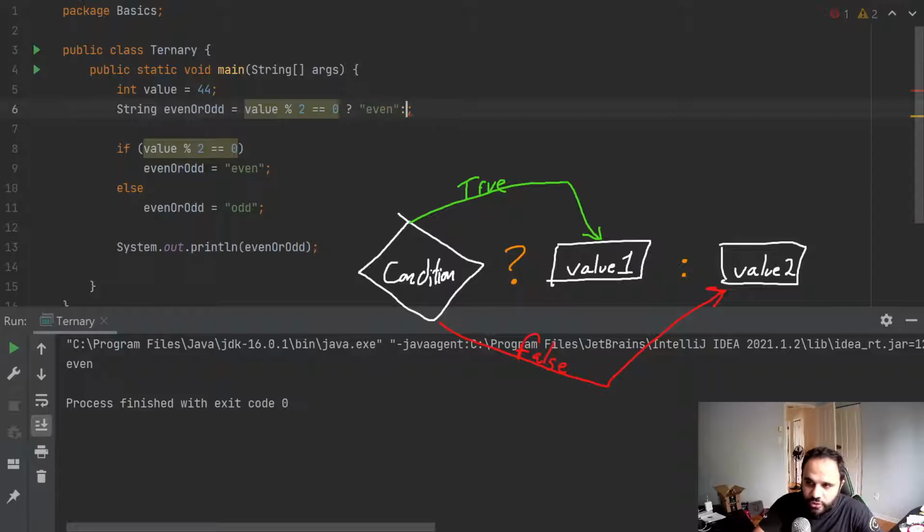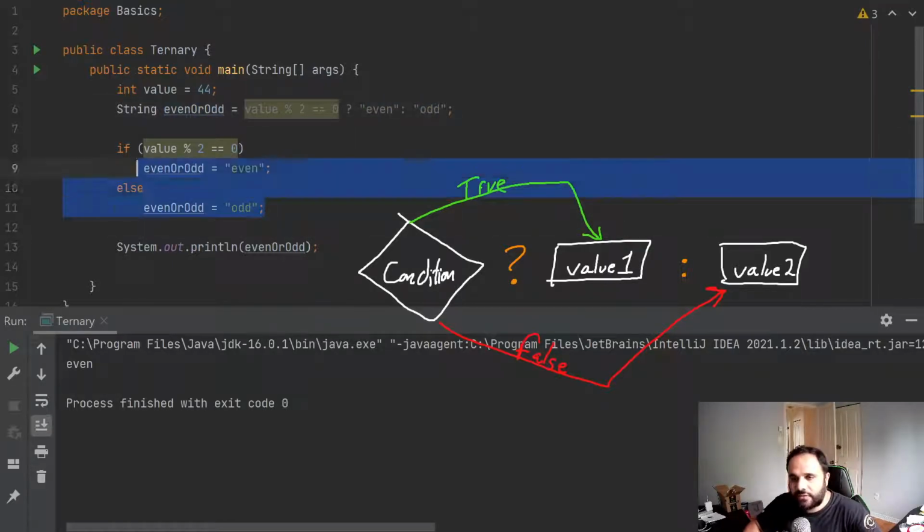Otherwise, so colon here, otherwise the else. The else is not required, but you could have it. So in this case, we do need it, so we're going to put odd, right? So in this case, based on this condition, it's either going to have even or odd as the value of this variable. So that means here, we don't need this thing,